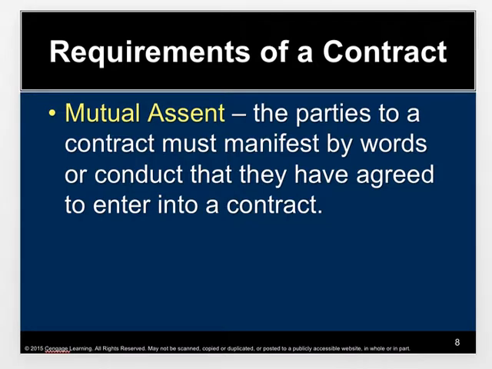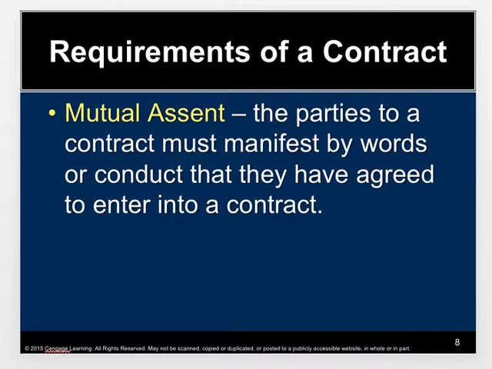This is really the analysis that becomes extremely important, and that is, what are the requirements of a contract? So in other words, how do we know whether we have a contract or not? Because you may believe that you have a contract, you may have an agreement, but an agreement is not necessarily a contract, because you need all of these elements that we're going to discuss here shortly in order to have a valid and enforceable contract.